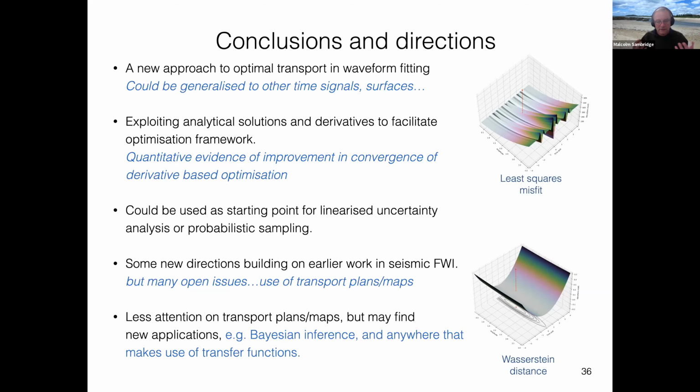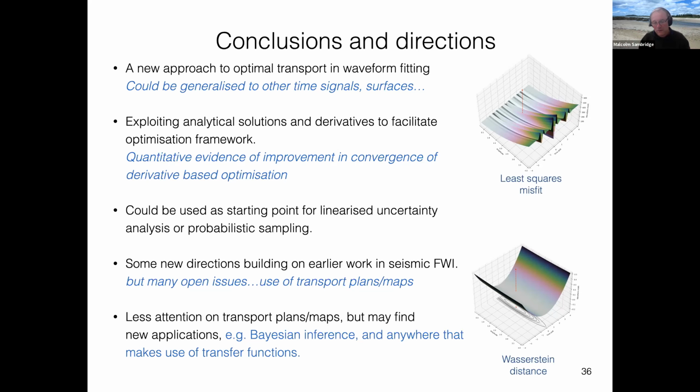So this could be used as the starting point for then uncertainty analysis. We'd still do that in the normal way. Once we're in the global minimum, we're happy, we can use linearized uncertainty analysis, and that's what I suggest we do here. So these directions are building on the work from the full waveform inversion, but there are many open